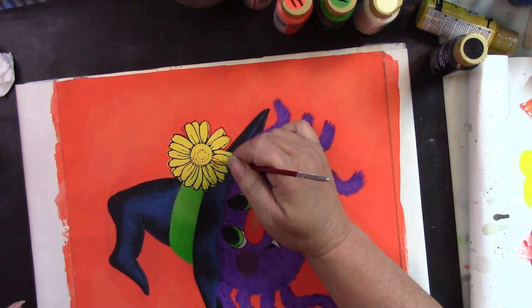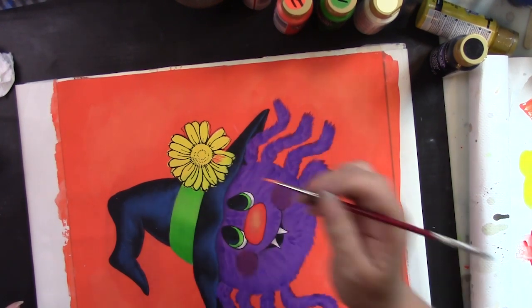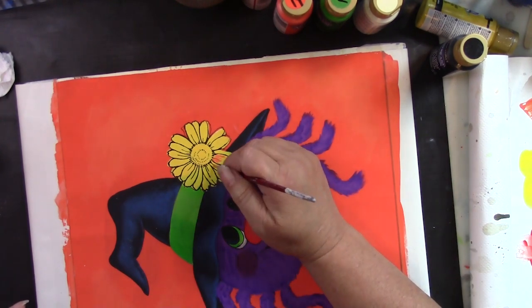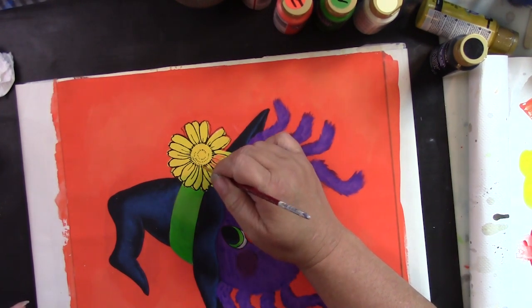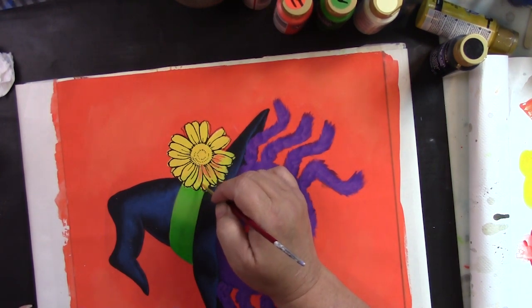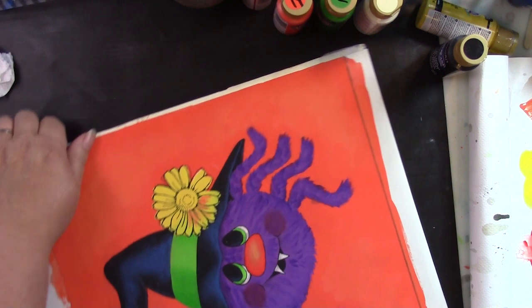And I'm gonna just pull some texture lines. You have to put a little bit of water into the paint, just a little bit. It's not quite like using a liner brush. There we go. And again, this is very whimsical, so